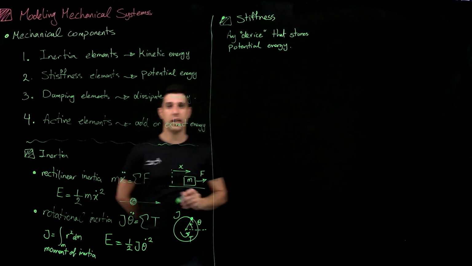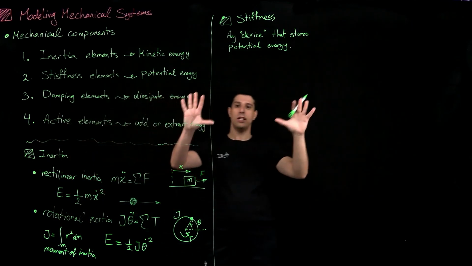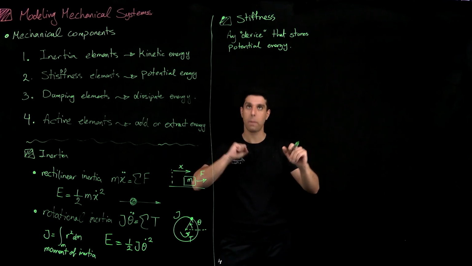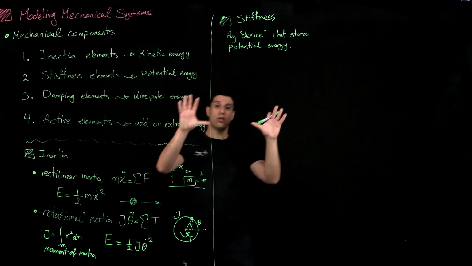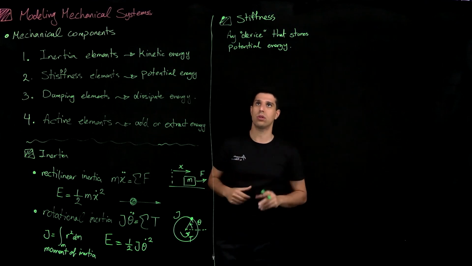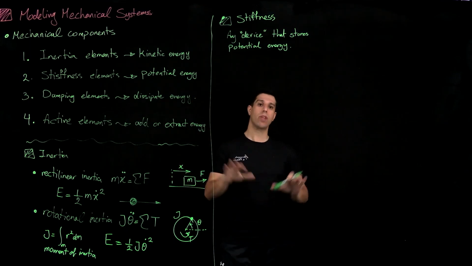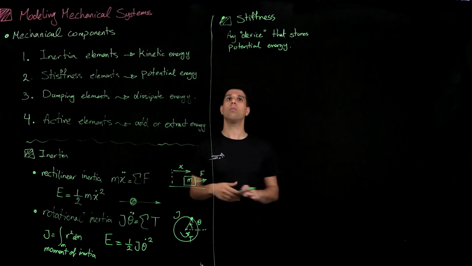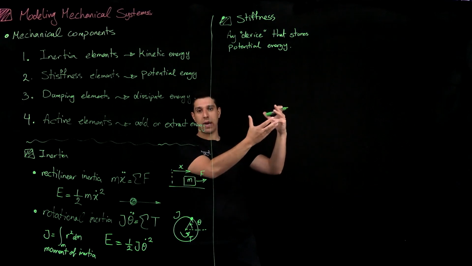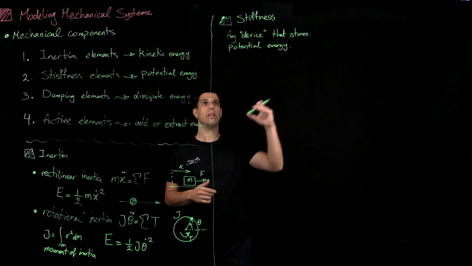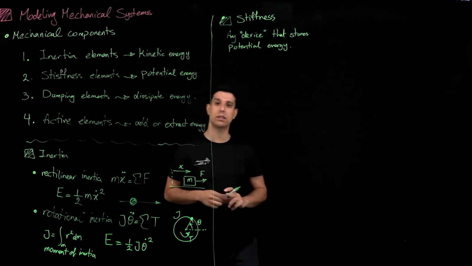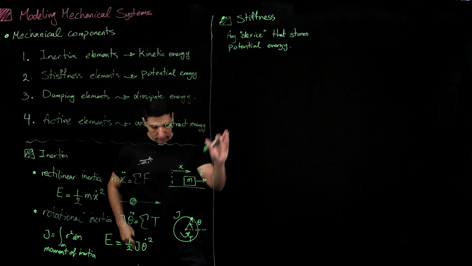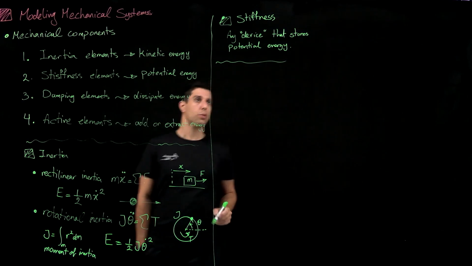That potential energy, if you recall, also comes from the interaction of two masses, two inertias, that are acting at a distance, essentially the effect of gravity. That two-body system or device also stores potential energy, and it is an element. Usually what we are dealing with, one of the bodies is the ground, so we don't see it as two bodies, but we look at a single mass and its relation to Earth, the height of it basically, and that gives us another component that stores energy, and it classifies as a stiffness element. Maybe a little technical, you don't need to worry too much about it, but I like to think of it this way,